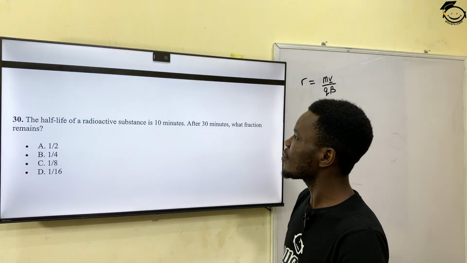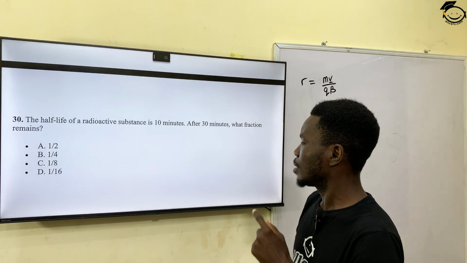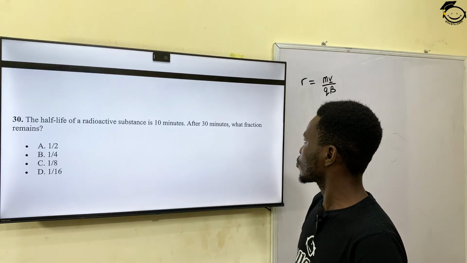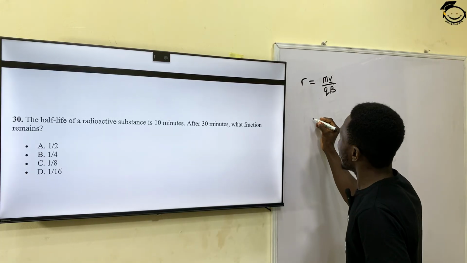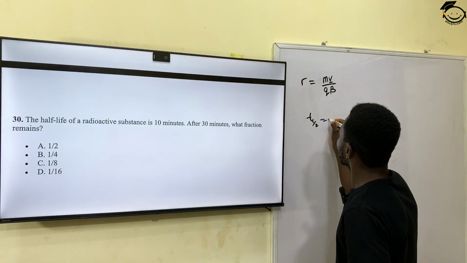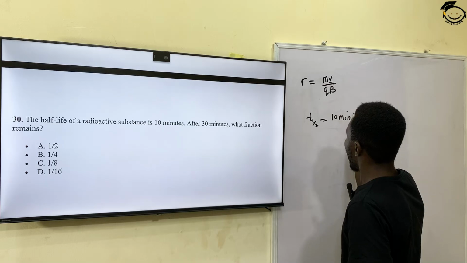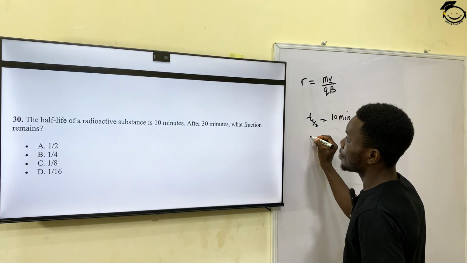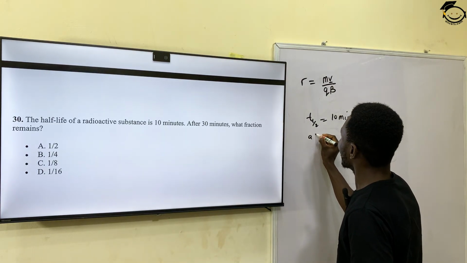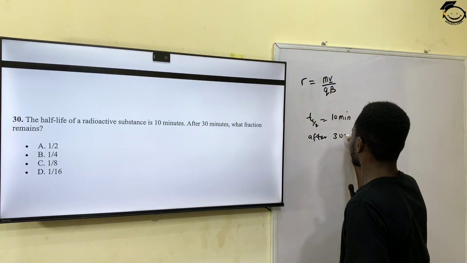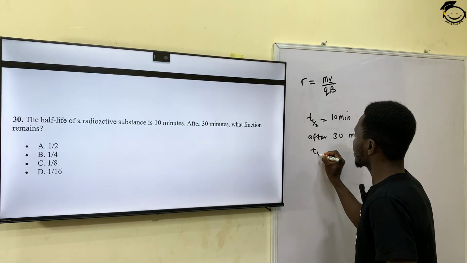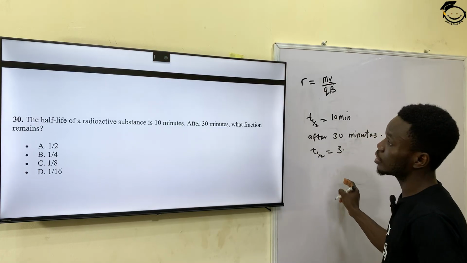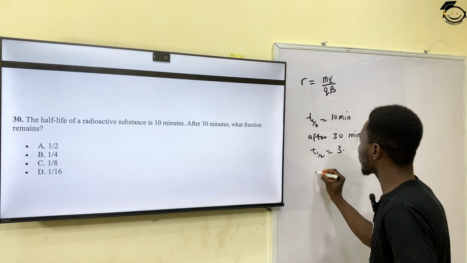It says the half-life of a radioactive substance is 10 minutes. After 30 minutes, what fraction remains? So we know that the half-life, T half, is 10 minutes. And then they're asking us after 30 minutes. It means you've gotten 3 half-lives. So I've got 3 half-lives. And I know that the fraction remaining